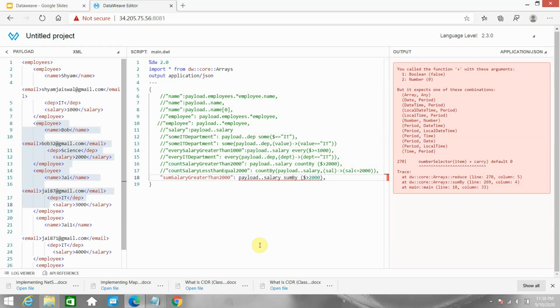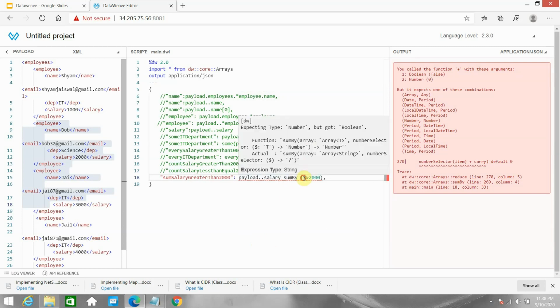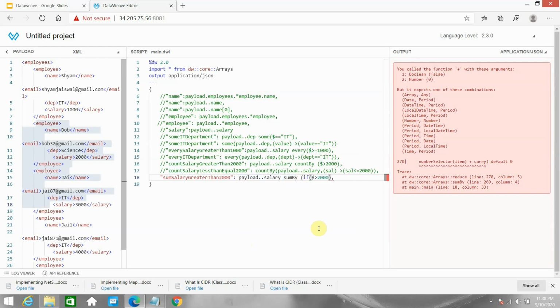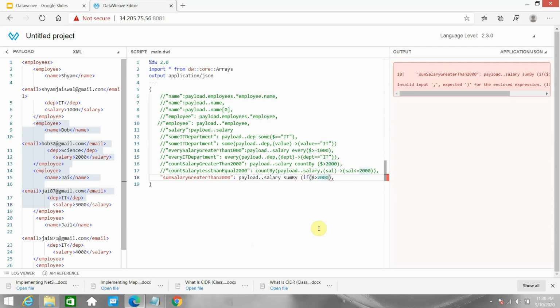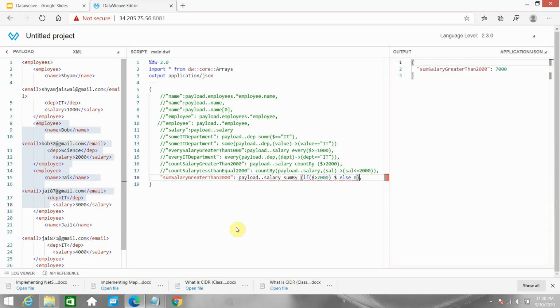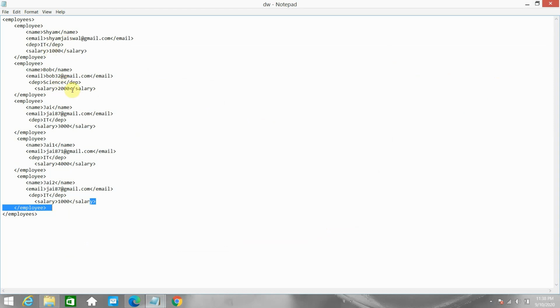So how can I achieve this? It's simple. You can say if dollar is greater than 2000, then dollar, else 0, and close it. It adds the salaries of employees greater than 2000. It will not add 1000 or 2000 because it should be greater than 2000. 3000 and 4000 get added, becoming 7000, and 1000 is again not added, so that's why it returned 7000.